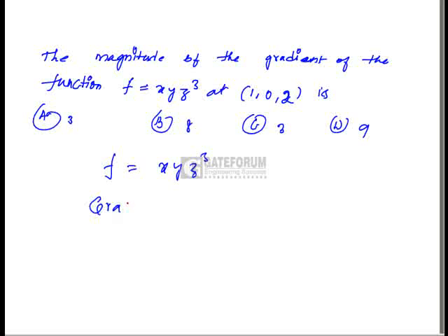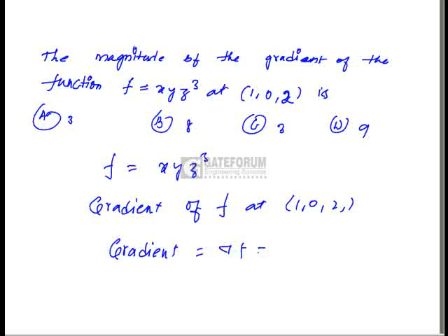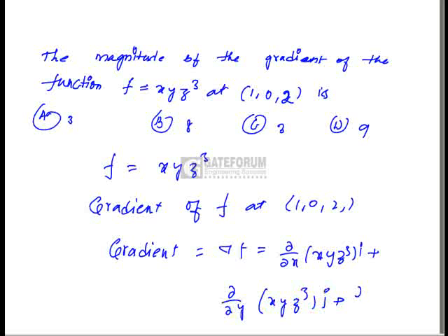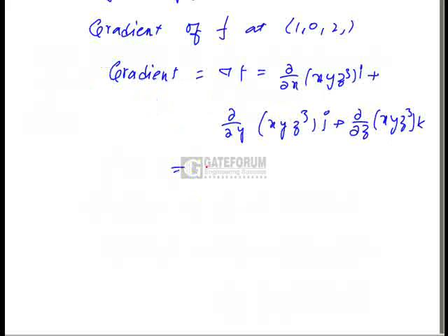Now in this problem, the given function f is xyz cube. We have to find the gradient of f at (1, 0, 2). Now the gradient is nothing but delta f, which is nothing but dou by dou x of xyz cube into i plus dou by dou y of xyz cube into j plus dou by dou z of xyz cube into k, which will be nothing but yz cube into i plus xz cube into j plus 3z square xy into k,